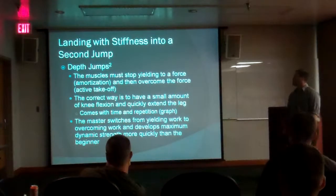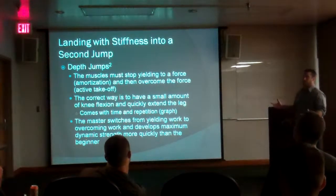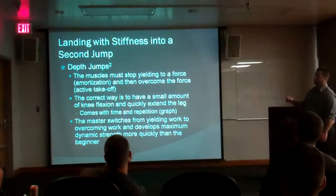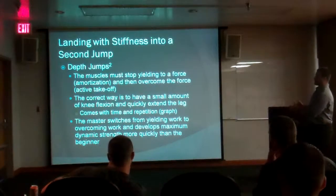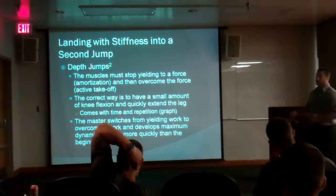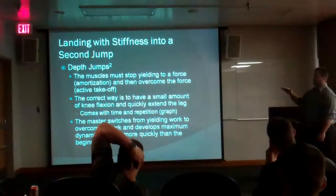So then depth jumps. Going from landing with stiffness, going into a second jump. This is really a lot of Yuri's stuff. Basically, you have to switch your muscles quick. You can think about this two separate ways. You can think about it as a master athlete who has learned how to absorb force quick, turn it around and go. Or you can think about it, I guess, as the